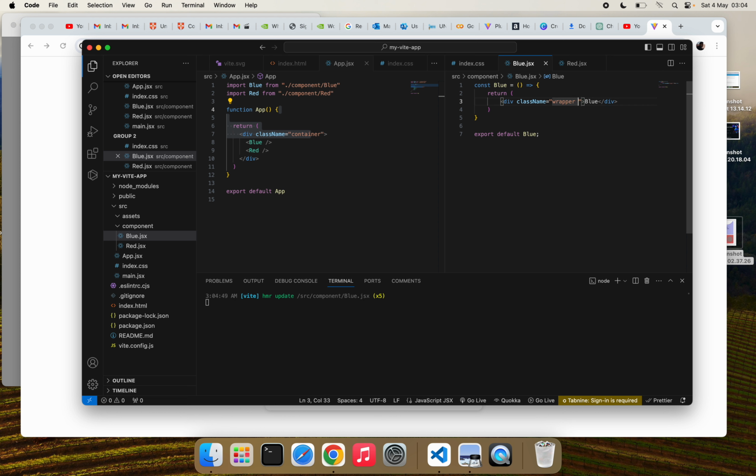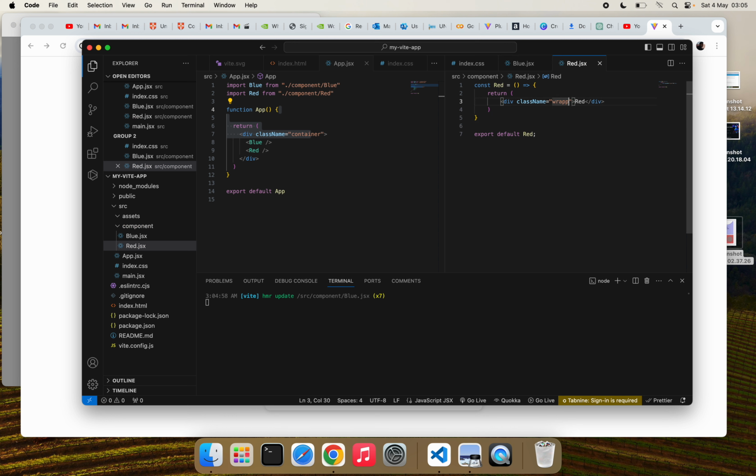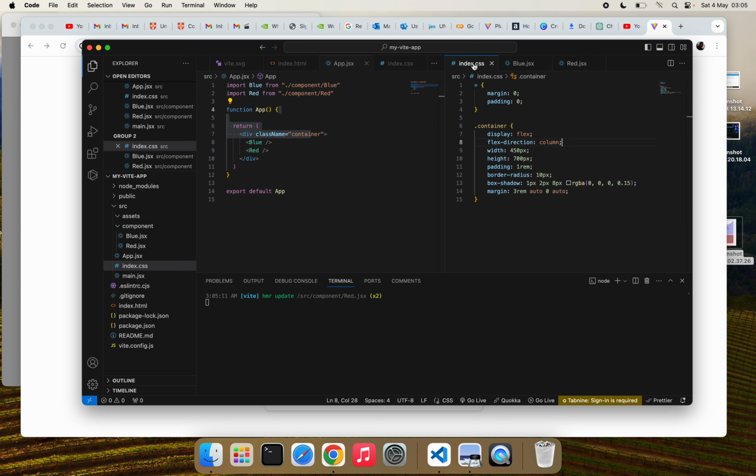We can give it two classes. We can call it blue box, and in here also class we can call wrapper, and we can equally say red box. Good. Now we can go through into our